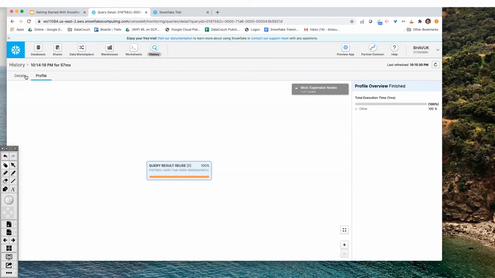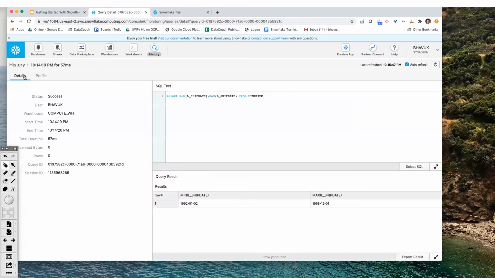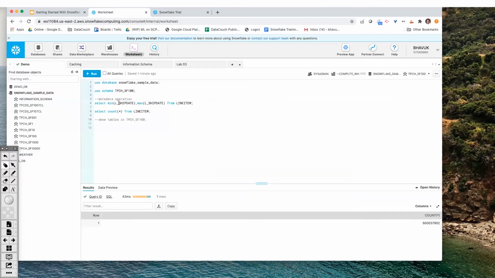By default, the result cache is enabled and the query results are being retrieved from the result cache. That's what I am showing right now. This data is not even being retrieved from the storage layer. It is retrieved from the metadata layer, from the services layer itself, right? So I wanted to show you these things because you will get to know that these operations are just metadata operations. This particular operation is a metadata operation because these are statistics of the table, and this is automatically maintained by Snowflake. We don't have to run analyze table to get these statistics. We are able to retrieve this information from the metadata, that is the services layer.